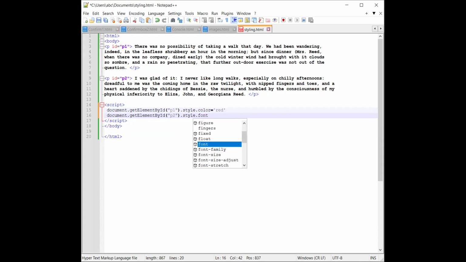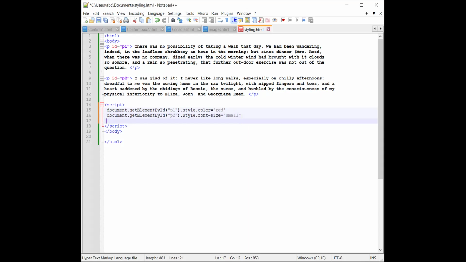And I want the font size of that style, dot font, style dot font size can be considered as small. So whenever you are going to type style dot, you are going to have a list of functions for your styling. So you can basically get this element by typing this command dot get element by ID P3. Oh, sorry, I don't have the P3 right now. So let me take the P1 again